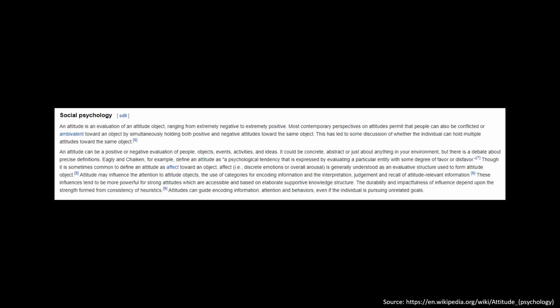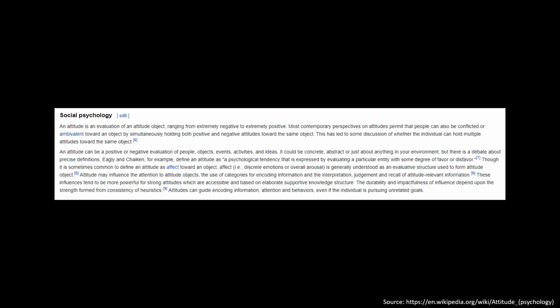So right away you see that it's kind of complex. You have positive, negative, you can be ambivalent, you can hold multiple attitudes towards an object. And what separates attitudinal psyche from this conventional social psychology definition is AP, and by the way, I'm going to refer to it as AP because I don't want to say attitudinal psyche every 5 seconds. So AP really looks at a general broad picture of attitude, and it splits reality into 4 pieces and parts. So you've all seen the letters, the V, the L, the F, the E. What these do is they're a placeholder for 4 realms of reality, and we will get further into that as we go. So let's continue.